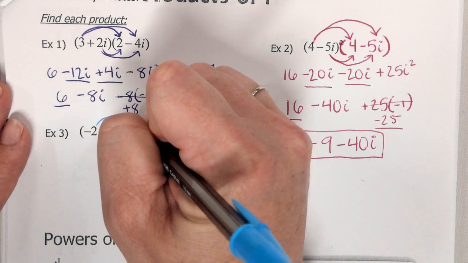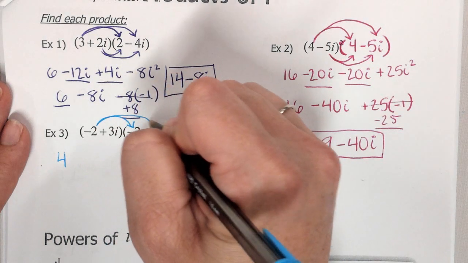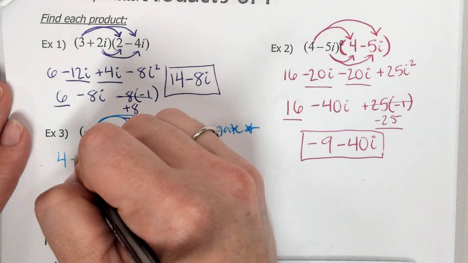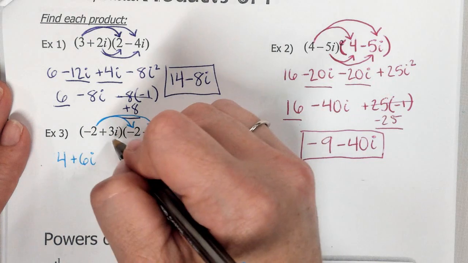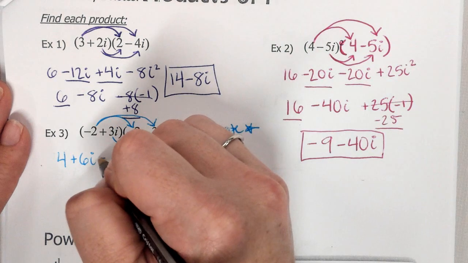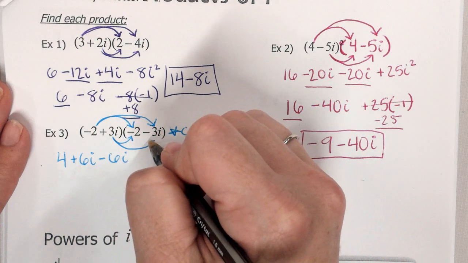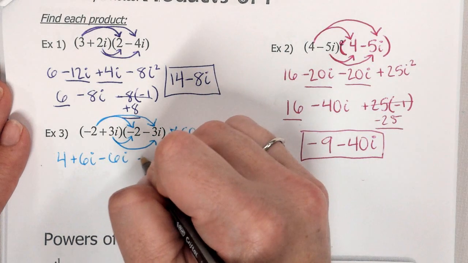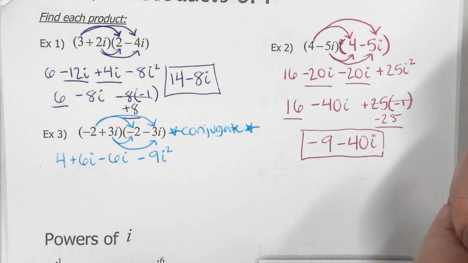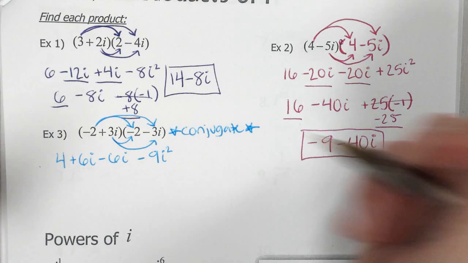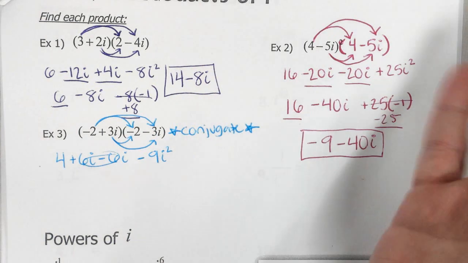So negative 2 times negative 2 is positive 4. Negative 2 times negative 3i is positive 6i. 3i times negative 2 is negative 6i. And 3i times negative 3i, well, positive times a negative is a negative. 3 times 3 is 9, and then i times i is i squared. And what do we notice about the middle 2 terms? They cancel. 6i minus 6i, a positive and a negative that match, are a 0 pair, so they cancel each